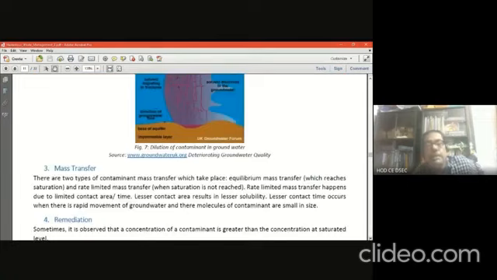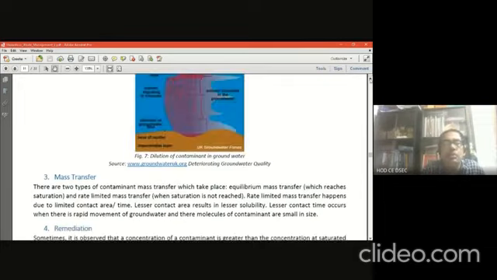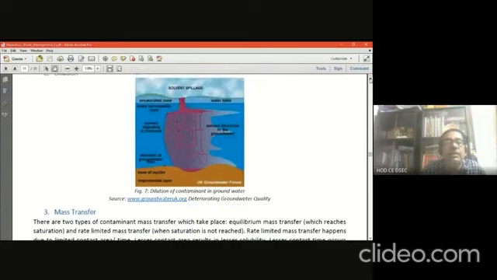Now, how dilution of contaminants in groundwater can happen, that I am trying to show in the figure. I don't know how much it will be visible to you, but I am trying to show how the dilution of contaminants in groundwater takes place. You see the unsaturated zone, the water table, the lower permeability layer, solvent migrating in fractures, the direction of groundwater flow, and solvent dissolved in the groundwater flow. I have taken these from the UK Groundwater Forum, on the dilution of contamination of groundwater.